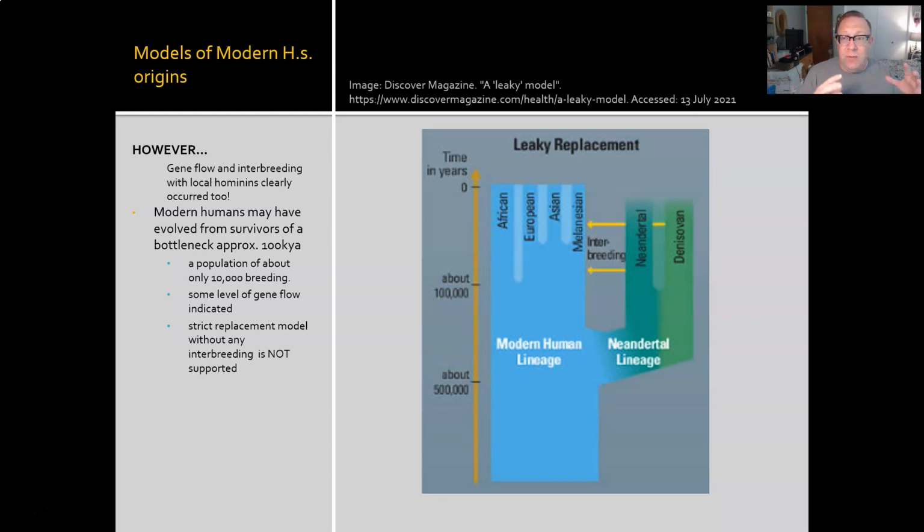And in it, we see that the genetic diversity suddenly just shrinks, possibly down to as few as 10,000 breeding individuals in the world of humans. Some people think it's even lower. Some people get that number down around 600 or 1,000. But 10,000 seems a little more reasonable in terms of a viable population.